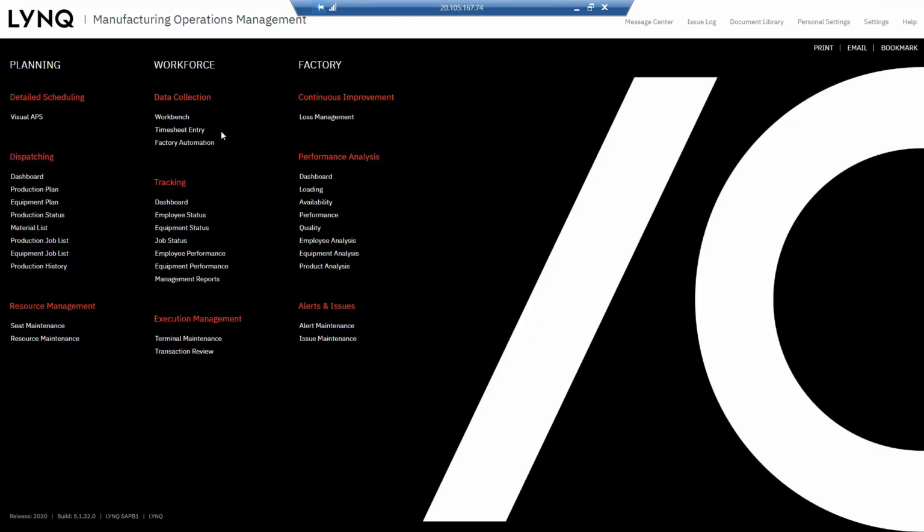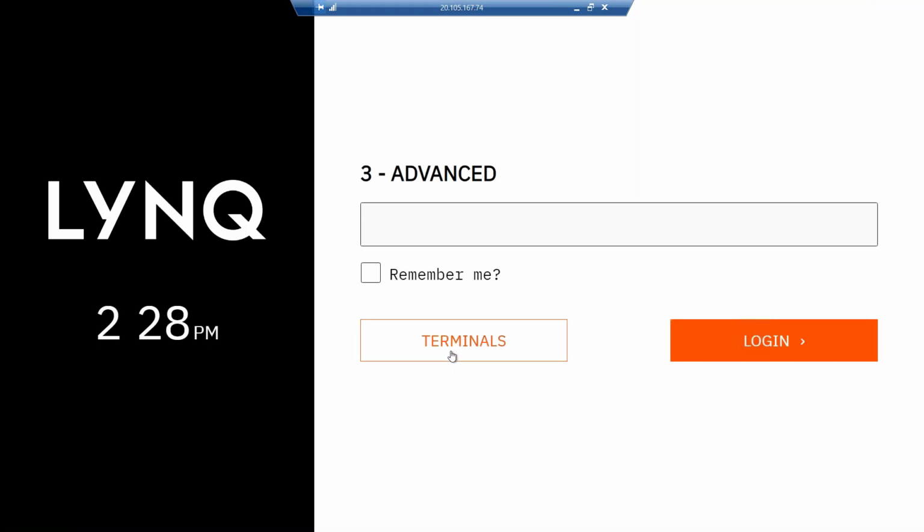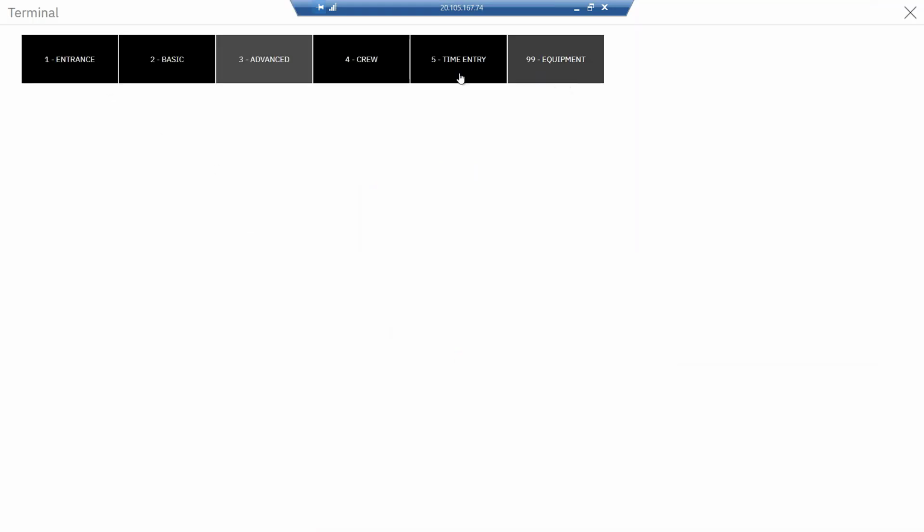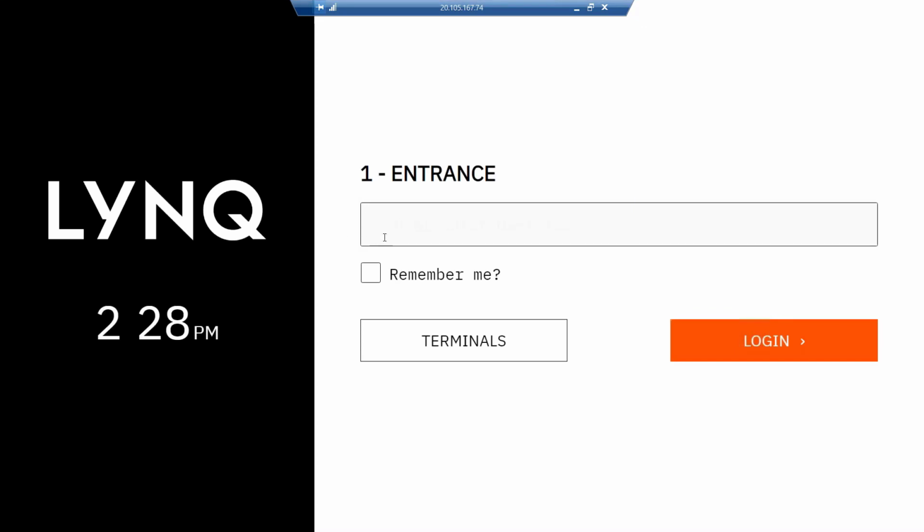So we're in this area of the product, and we're going to go into what's called a workbench terminal. These are highly configurable terminals. These are my terminals. We've got a terminal at the entrance of the building. When an employee arrives or when they leave, they can clock in, clock out, and we can often replace any time clocking systems or integrate with them. We also capture lots of labor data, so we can have the labor data passed to payroll applications like ADP, and there's others out there.